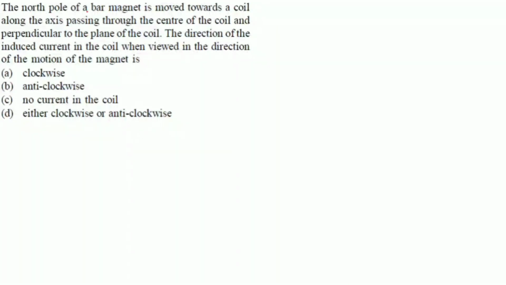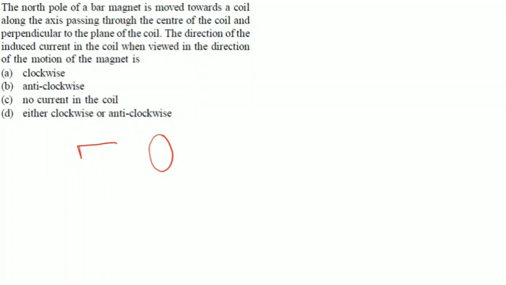The north pole of a bar magnet is moved towards a coil along the axis, passes through the center of the coil and perpendicular to the plane of the paper. The direction of induced current in the coil when viewed in the direction of motion of the magnet is? See here, we already studied Lenz's law. We can apply that theory here. Let us consider a coil,